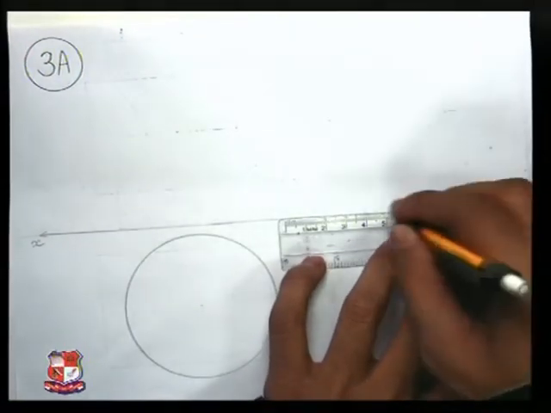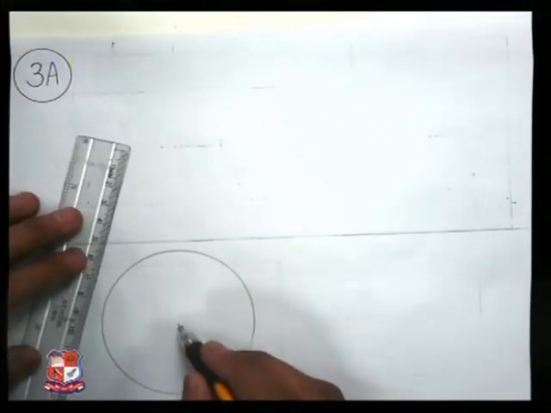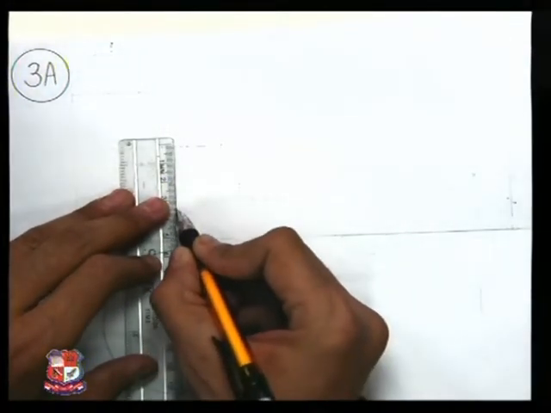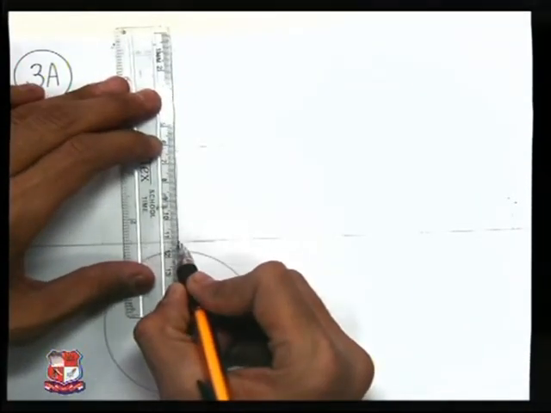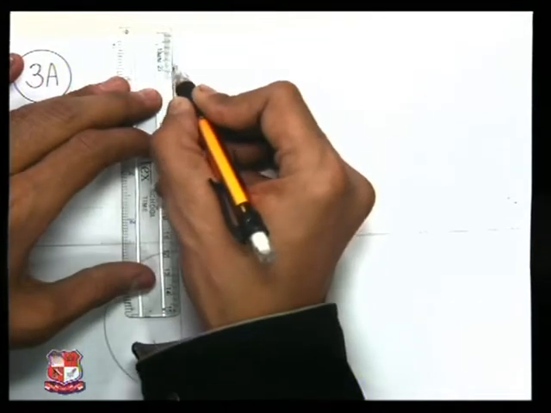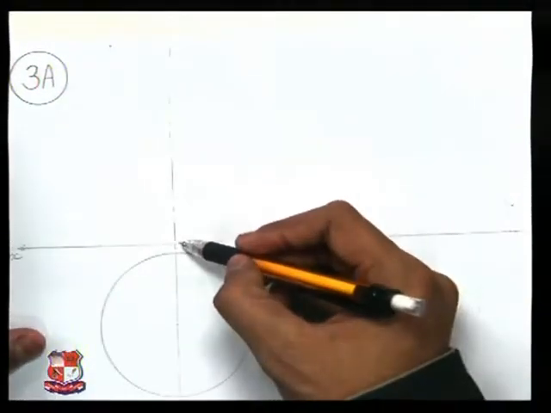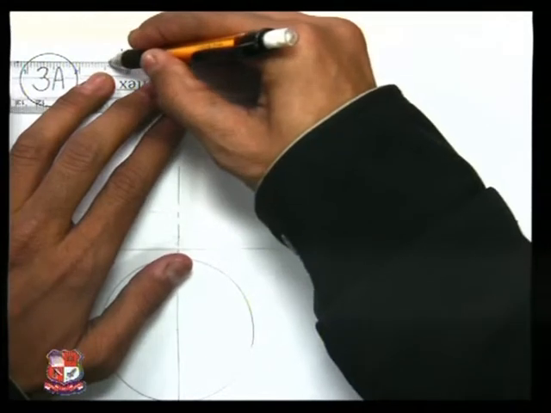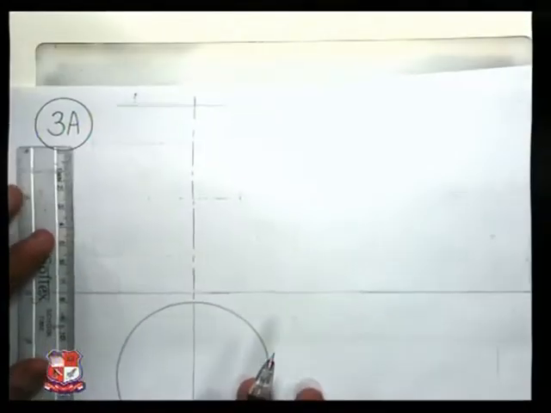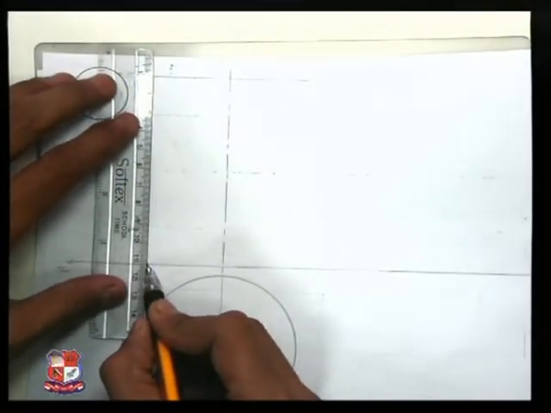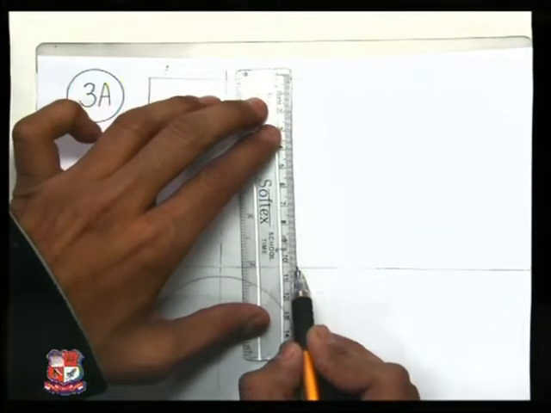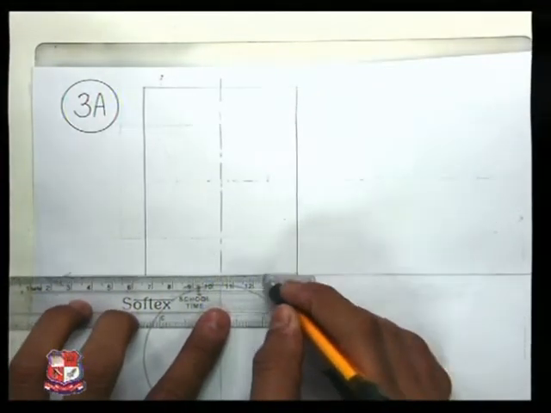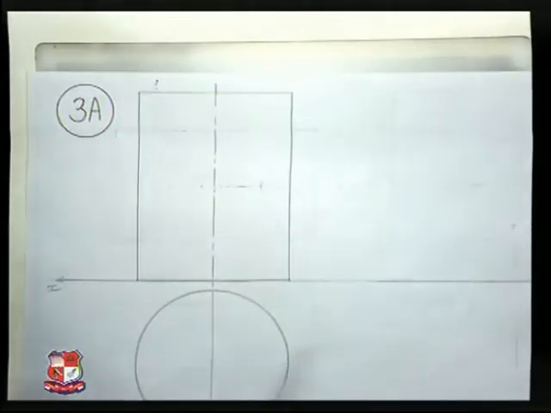and the height of the cylinder is given to us, that is 115 mm. So from this center line draw the axis, and on this axis you can mark the height of the cylinder, which is given as 115 mm, somewhere here. So from this point to this point the height is 115 mm, and from that point draw a line to show the upper edge of the cylinder, and here draw a rectangle having height equal to 115 mm and width equal to 75 mm, like this. So these are the two views of the given cylinder,